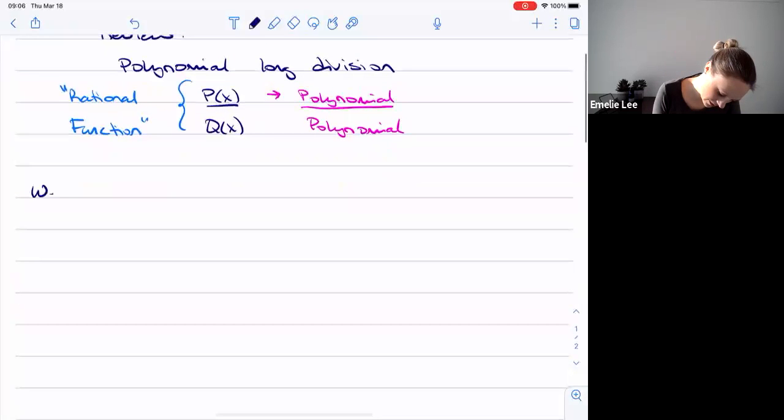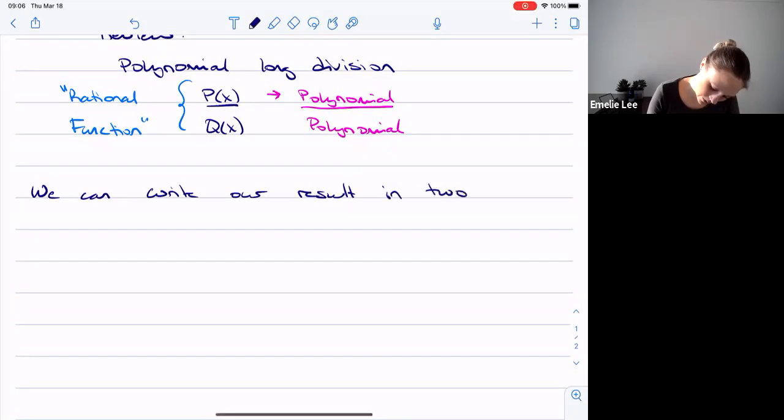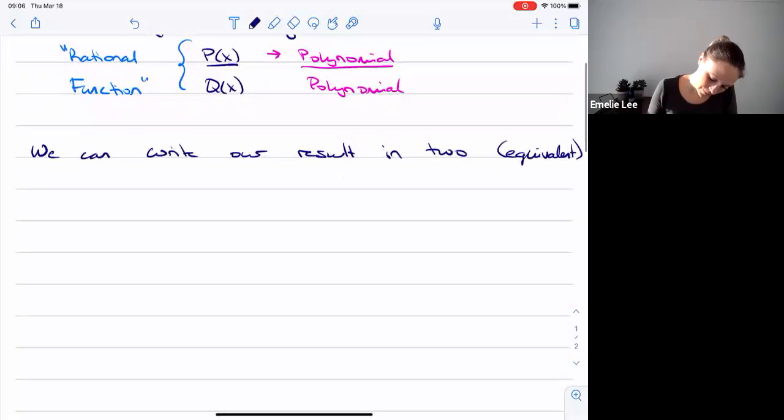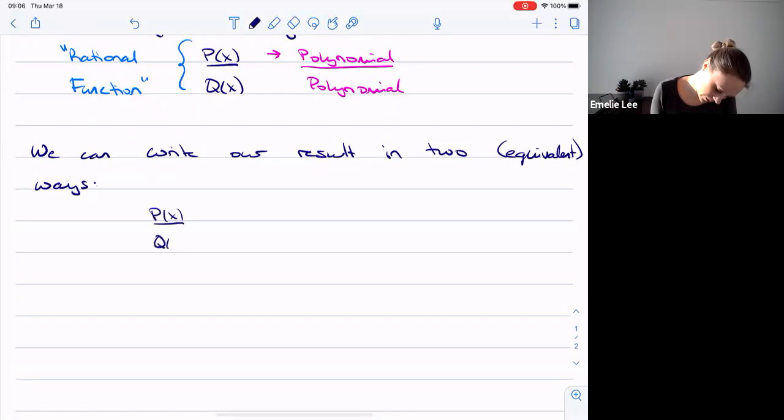And then, so I'm not going to do that now, but I do want to highlight that we can write our result in 2 ways. I'll even put in brackets equivalent ways, because they do the same thing, and we rearranged the equation last day to show that, yeah, they are the same. So I'll say 2 equivalent ways. We can either write p of x over q of x